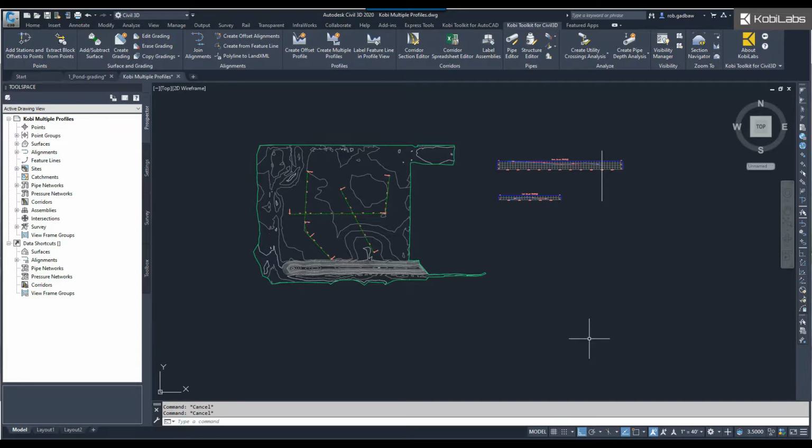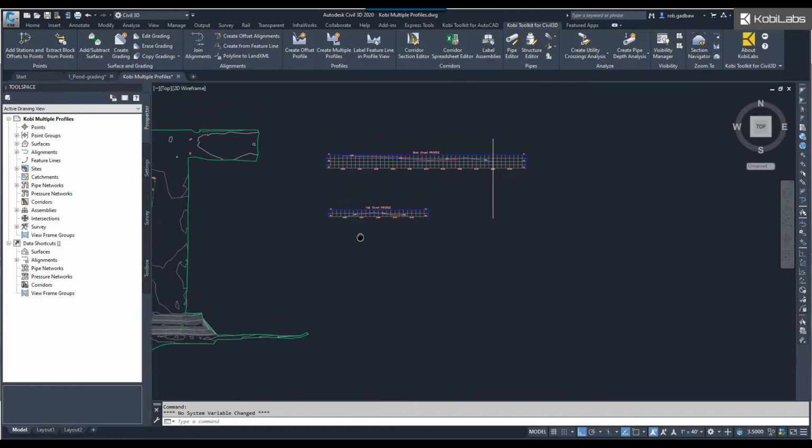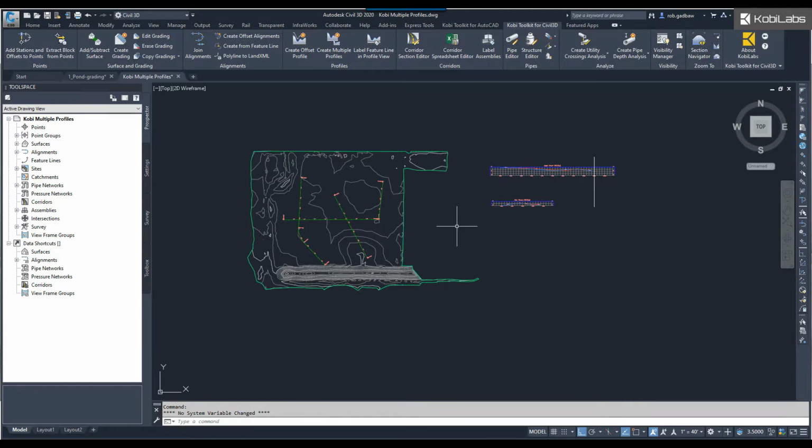So to demonstrate this, I have two alignments in here. This alignment's going to this point, and then the next alignment's going in this direction. So these two are actually touching. If I go over to my profiles, I've got two profiles here. And I drew a line at the end of the main profile because I wanted to show where that one originally stopped. So to demonstrate this command, we're going to come up here to the Kobi Toolkit for Civil 3D